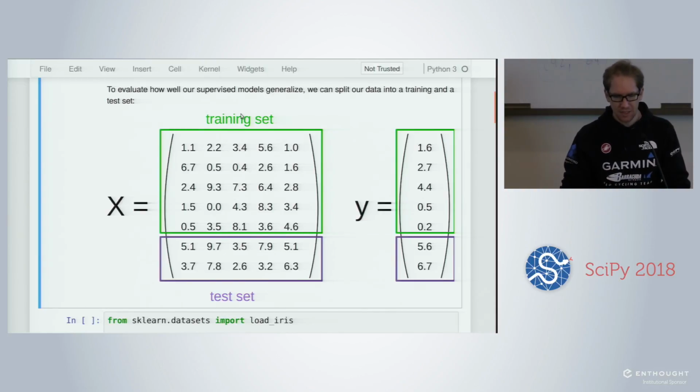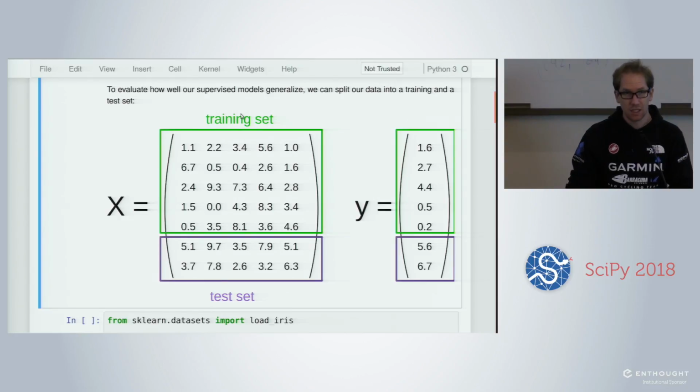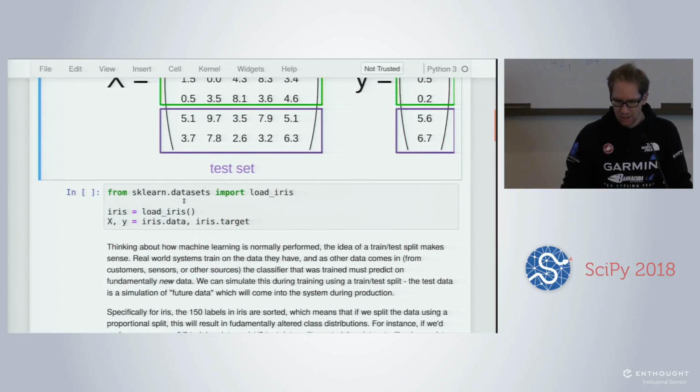Then the rest of the code is more or less exactly the same as before. We have faces, which, if we check the keys, is equivalent to the previous thing: we have the data, the images, and the target. We don't have feature names or target names because here they were not meaningful. Then we create a figure of a given size, 6 by 6 inches, and make subplots.